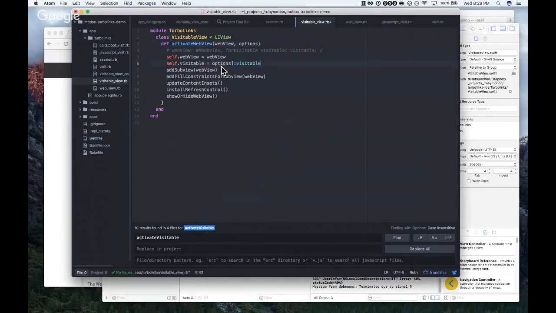Actually, instead of web view comma options, what you could do is for visitable colon visitable, and then the code would stay the same. And then instead of options visitable on line 6, it would just be visitable. That could be the interface that I've been trying to find. Yeah, the method signature.